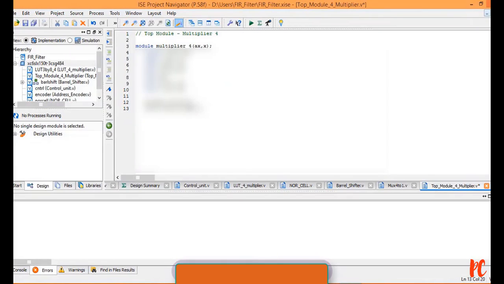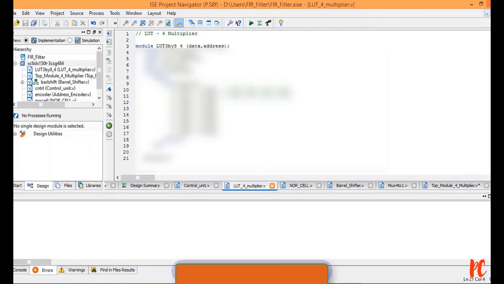You need to match up with the module which I have already written while instantiating, followed by LUT 3 by 8 underscore 4. Instead of writing, let me check once what is the module name that I have given at LUT. So this is the module name I have given.